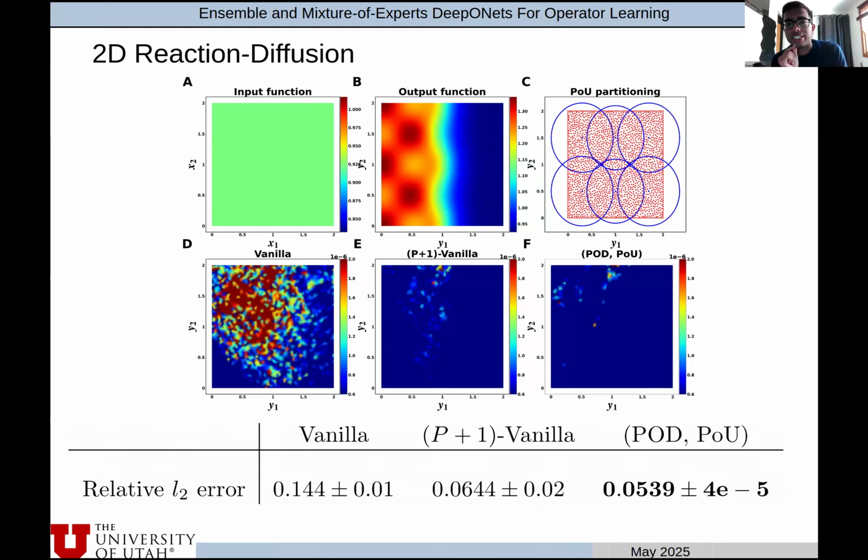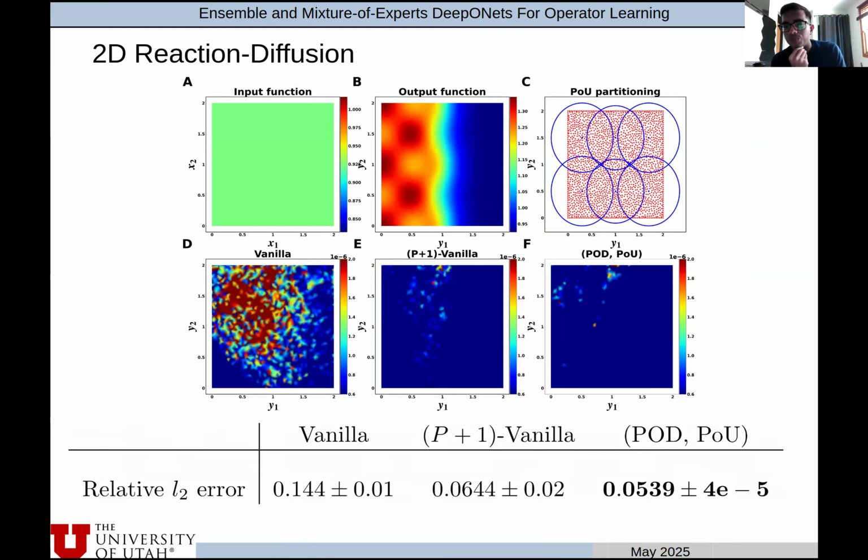Right off the bat, we can see in the output function figure that the sharp discontinuity is quite significant. That is certainly an interesting feature and realistic in many problems. And our results showed us that the best model in this case was the POD-POU ensemble. It really well resolved the spatial discontinuity there. And the second best model